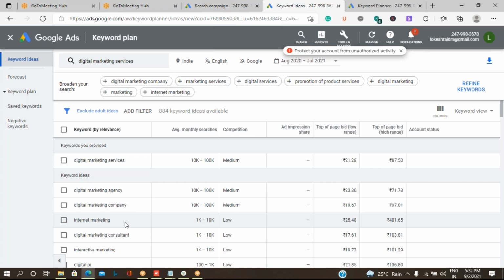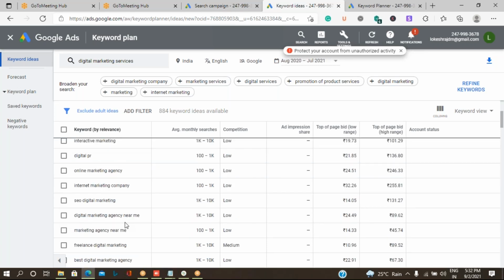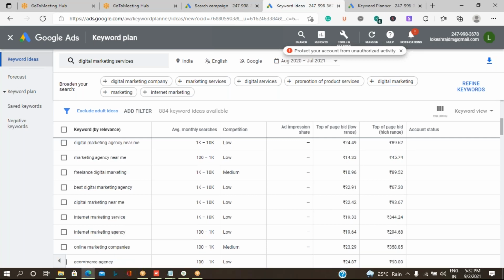So there are a lot of keywords being used. This is going to help you see how many people are using what kind of keywords and how costly keywords are when you are going to create an advertisement.